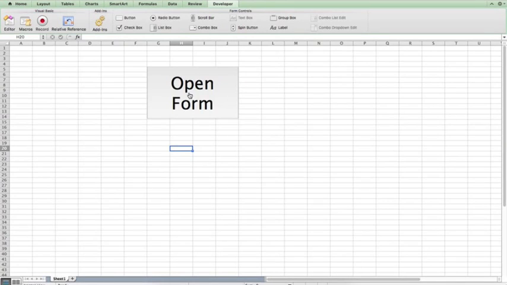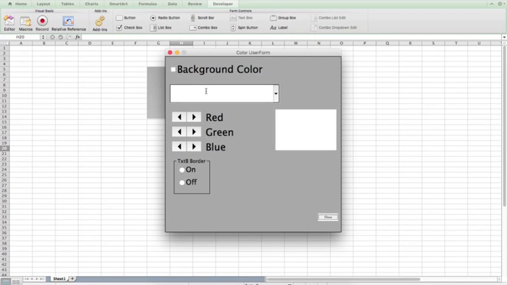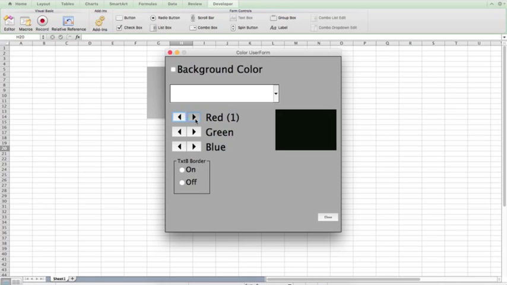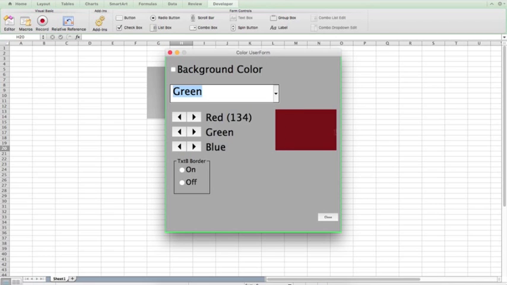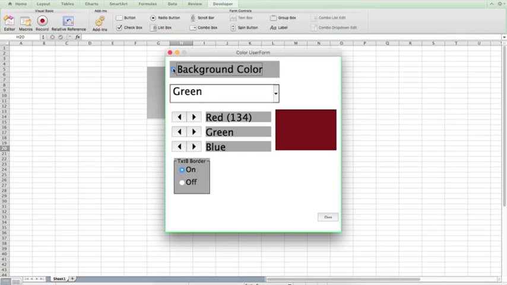We're going to put one more feature in our user form. We have where the background color of our text box changes. We have where we can change the border color. We can put a text box border on, and we can change the background color of our entire user form. However,